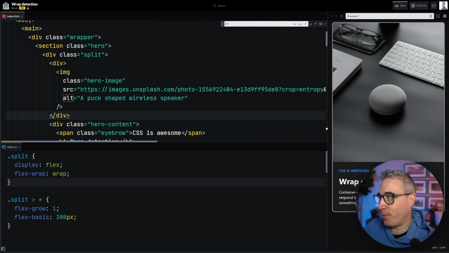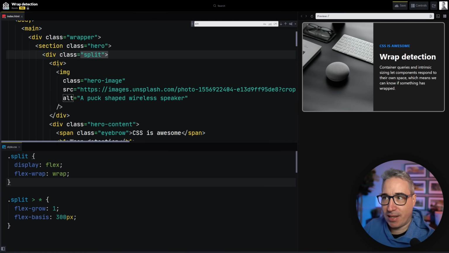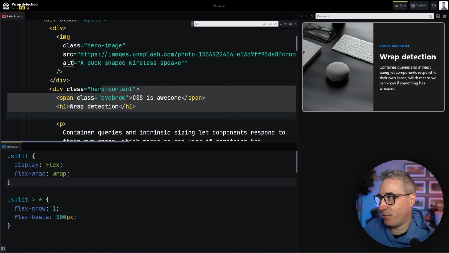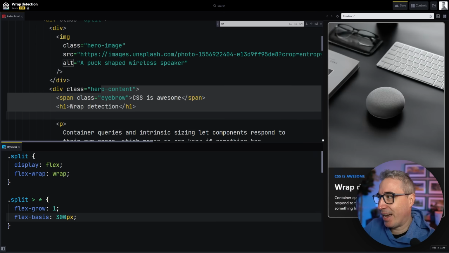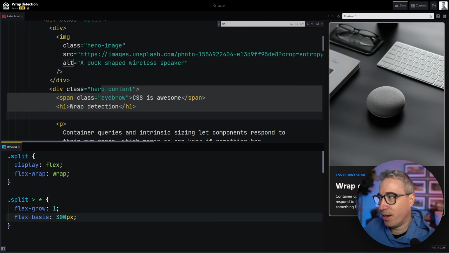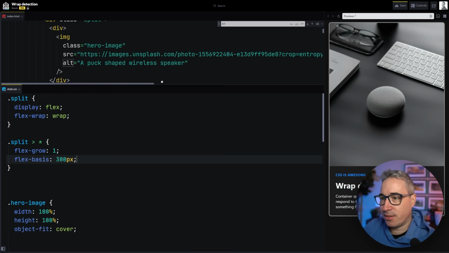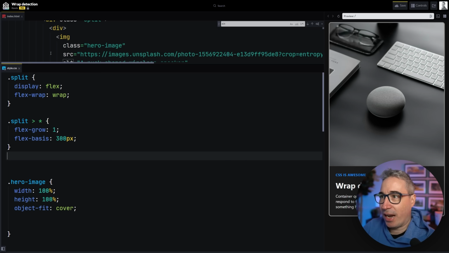Where you can see I have this wrapping here. It's in this split class, so I have a div there and a div here for the two sides of my content. And we're just using Flexbox to do this. So it's an intrinsic breakpoint. There's no media queries or anything. And I want to detect when this switch happens because my image is becoming too tall. And so what we can do for this is we can come up and, or actually before we come up,